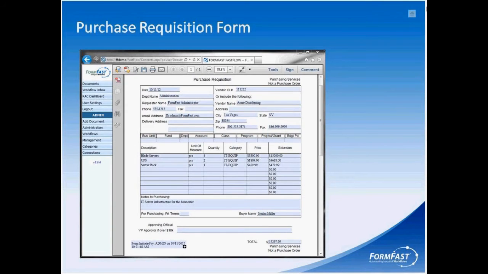This screen is just showing kind of the interface, and one of the things that I wanted to hit on here is when we think about rolling this out organization-wide, so that every manager from every department, whoever needs to fill out a purchase requisition or a capital expense request or a P-card approval form or something like that, when you think about the training that might be involved, taking that to a very niche solution or some kind of other system, this looks and feels a lot like